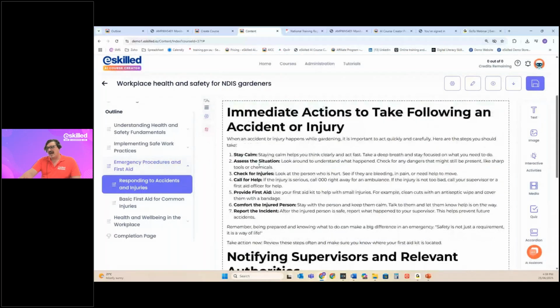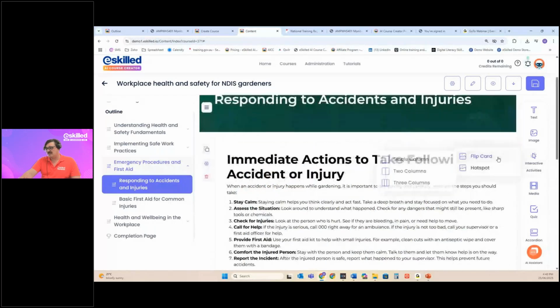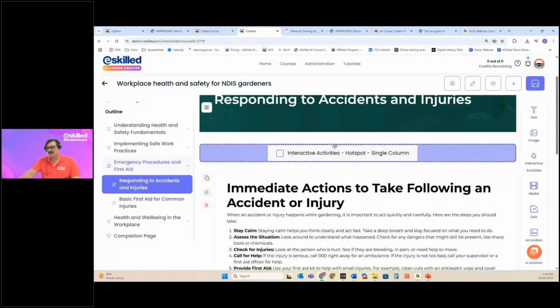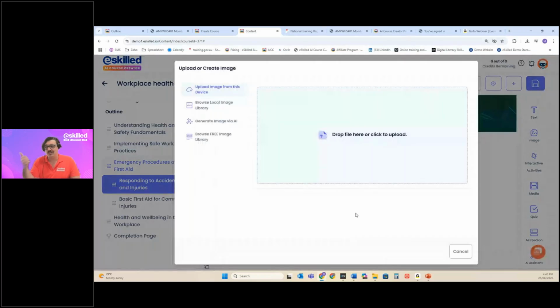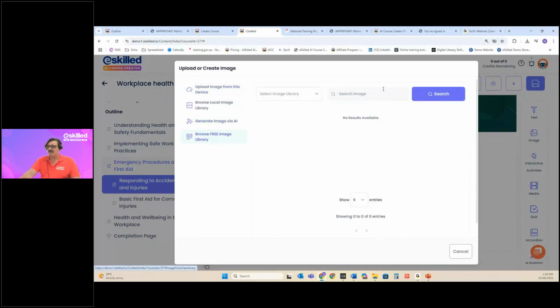If I want to add a bit of 1, 2, 3, 4, 5, 6, 7 options within a hotspot, what I could do is just go interactive activities, single column hotspot, and then I add the image. Now, when I'm adding images, you can generate via AI, or you can browse the free image libraries. I actually like legal. I'll just put legal textbook here